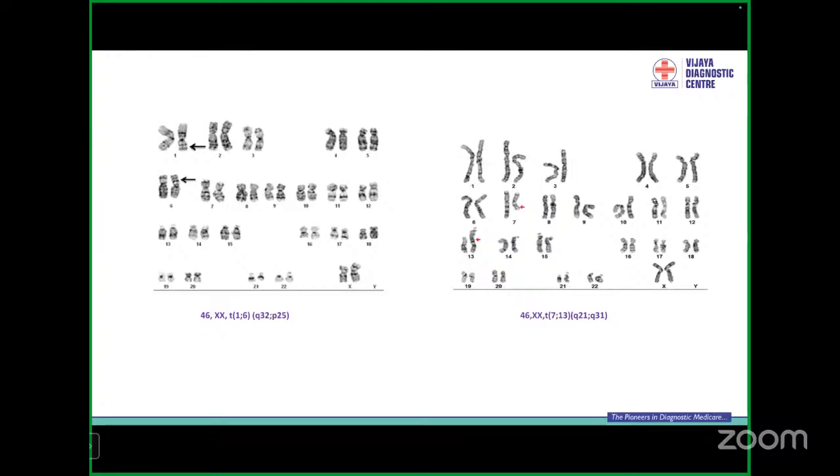So these are some of the examples. In the first karyotype, you can see there's a translocation between chromosome 1 and 6. So this female has a balanced translocation. She's absolutely normal phenotypically, but her chromosomes are like this. And when she gives these chromosomes, only one set from her is going to the child and the other will come from the father. Now, based on which chromosome is coming to the embryo, the fate of the embryo is